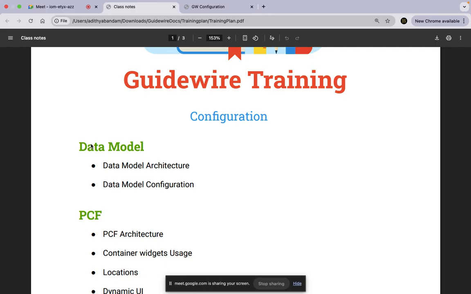Okay, and again coming to experience, until 4 years you can project yourself as a configuration developer, and if your experience is more than 4 years, they expect integration parts also to be known from your end. And if someone has 7 years of experience and wants to project the first 4 years into some other domain and the last 3 years into Guidewire, in that case you can project as a configuration developer, but as you are at a lead-level position, they'll